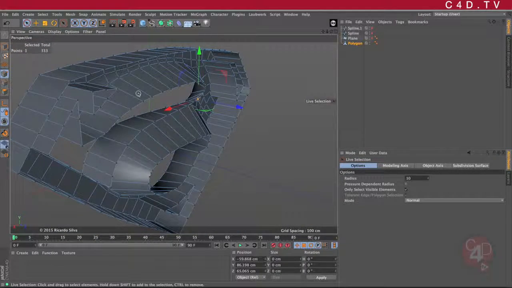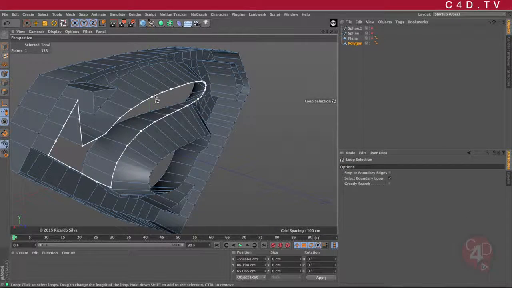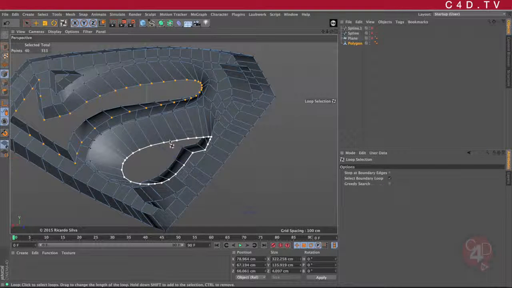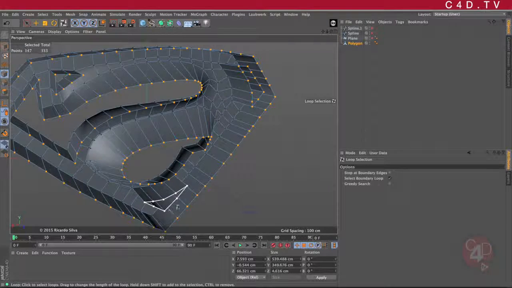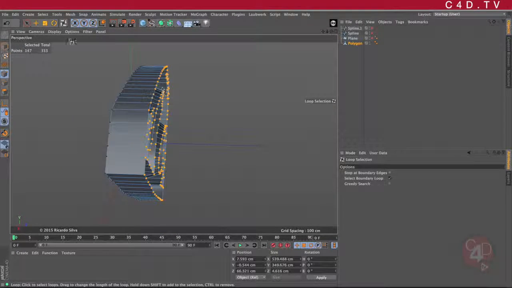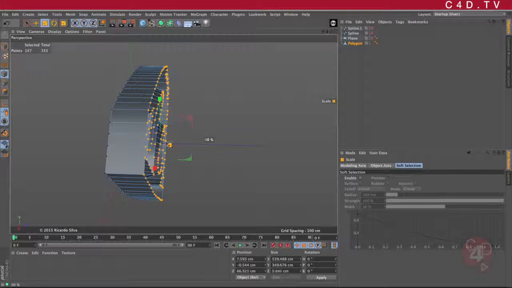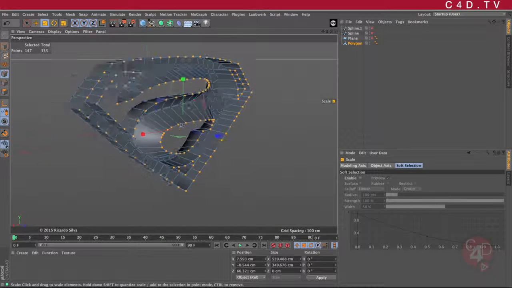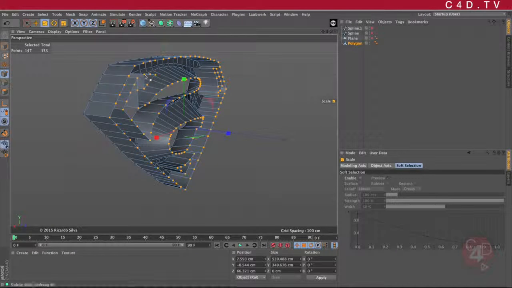So I'm going to press U L for loop selection, which does a nice loop selection there. Another loop selection here, another one over here. Let me see, there you go. And of course the one on the outside, the one on the inside on these little triangles. Okay, so I have all those edges or points together. Now I can manipulate that to be at 0. There you go. So now I make sure that they are all flat,